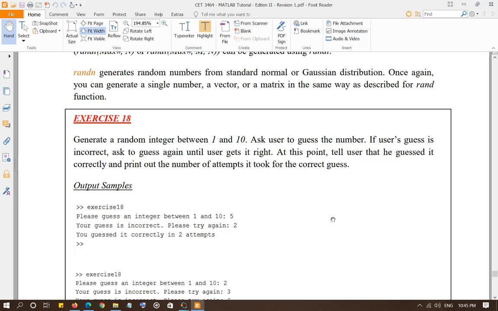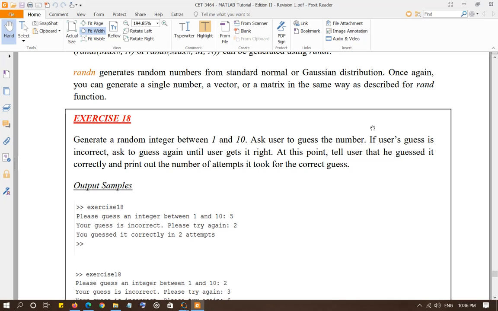Also, you can assign a variable to keep track of how many turns it takes for the user to guess the number. Outside the while loop you assign this variable the value 1, because it's possible that the user can guess correctly in the first attempt, right?